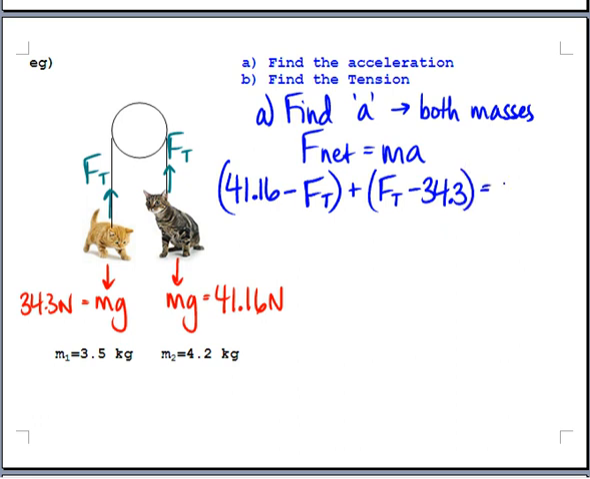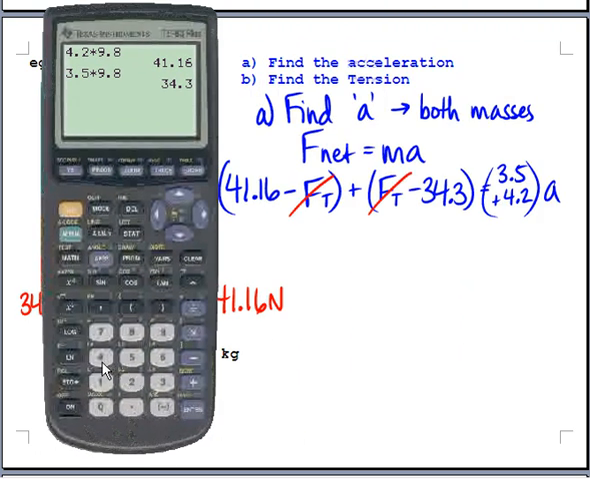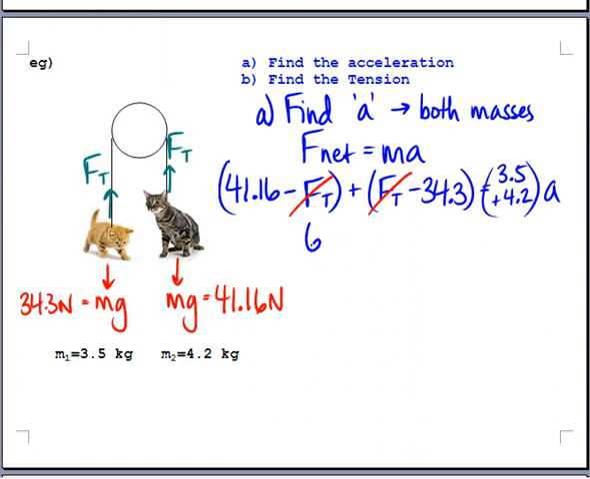Equals, we have to combine these masses. Sorry, I'm running out of space here. Plus 4.2. That looks terrible, but work with me. Times A. The tension forces will cancel because one's negative, one's positive. That works out great. And then we're left with the force of gravity on the bigger mass fighting against or dragging along the force of gravity on the smaller mass. So 41.16 minus 34.3 is 6.86